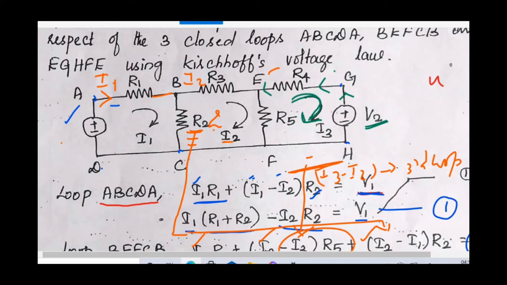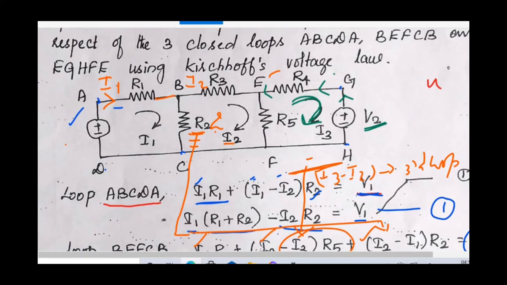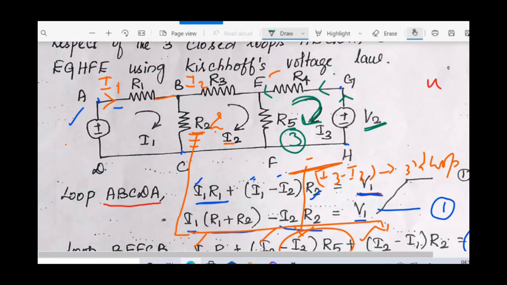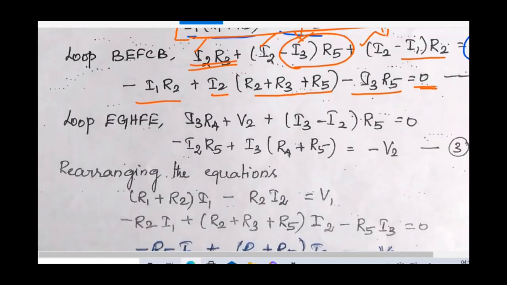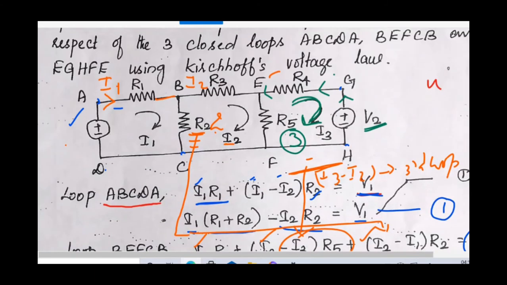The source as a drop. Fine. If you make a source a drop, then it becomes a positive source. Then it is much easier for you to write the equation. I will show you the things one by one. Now consider loop 3. How to write a loop equation? So we are writing loop equation 3.